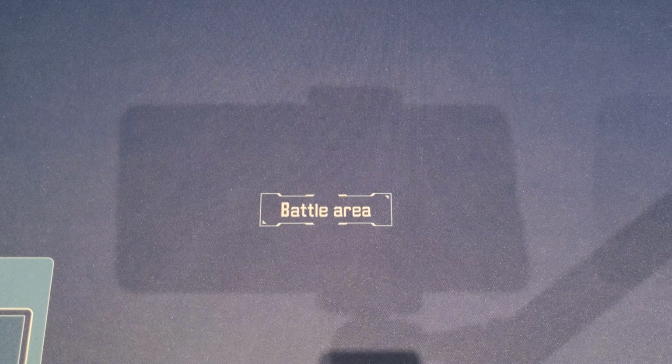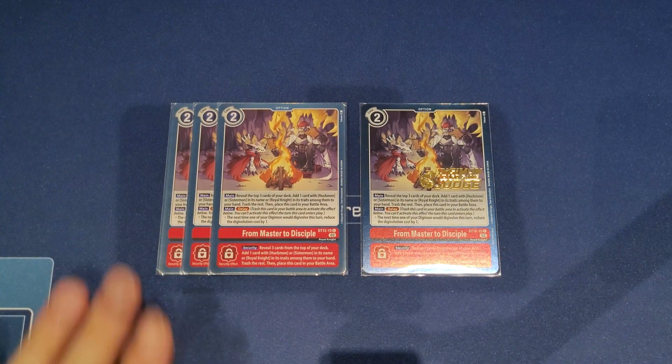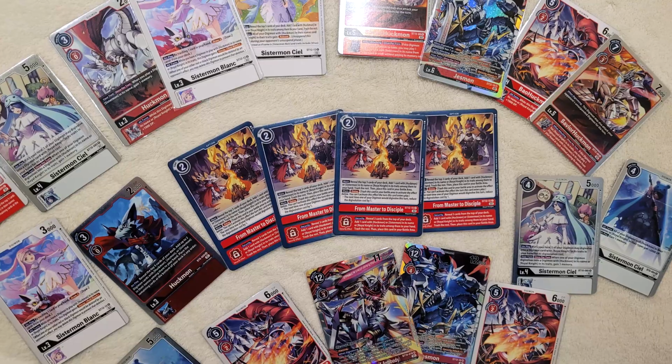That's it for all of our Digimon. Let's just round off for our options. Obviously, we don't play any Tamers in this deck. 4 copies are from Master to Disciple. I still like to run 4 copies of this one